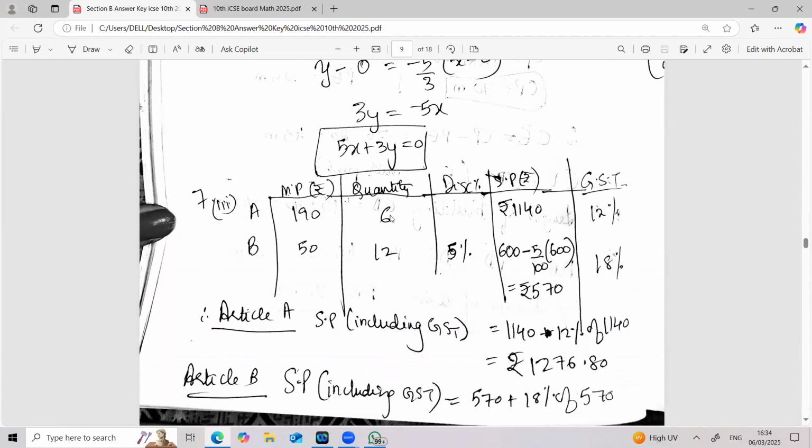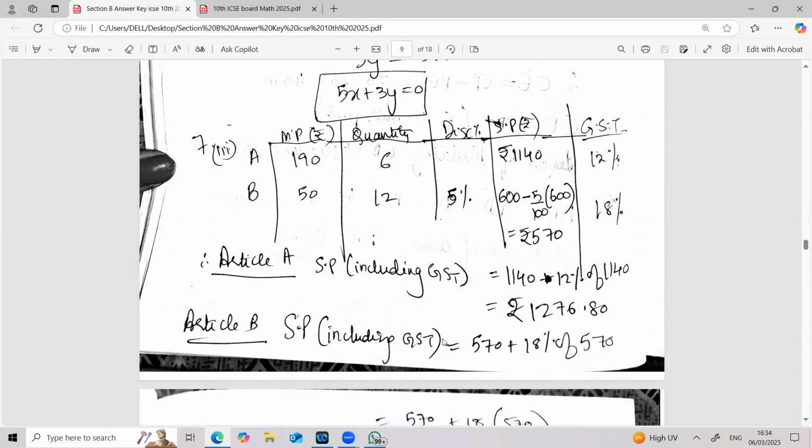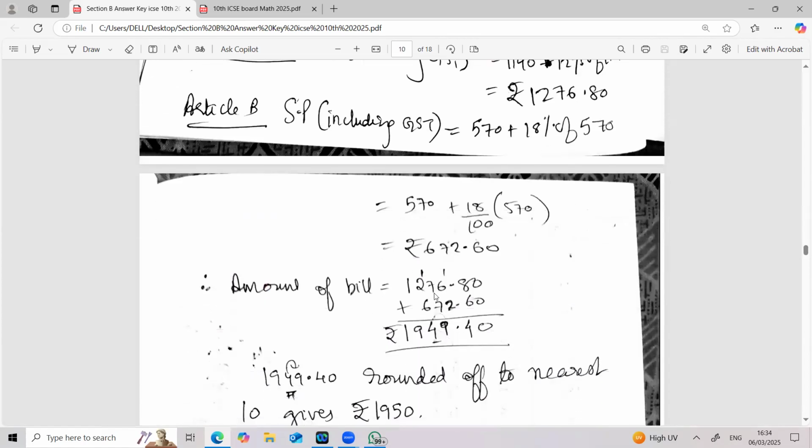Now they are saying in the bracket that if you purchase more than 10 quantity, you'll get a 5% discount. So only for article B, we will get a 5% discount. The selling prices are given. For article A, I'm finding the SP including GST. For article B also, SP plus GST on it. Total amount of the bill is